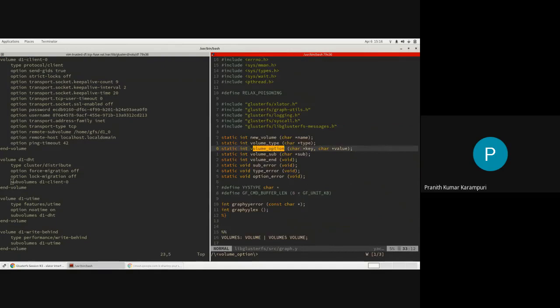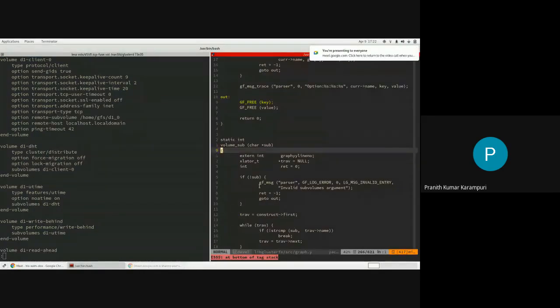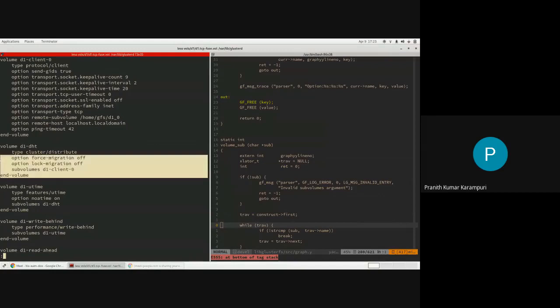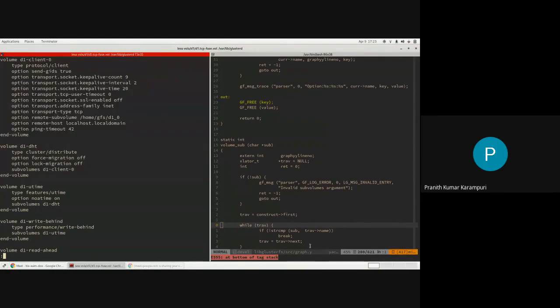Then let's look at the subvolumes thing. That is actually interesting. Volume sub actually figures out who is the parent and who is the child. In this case, DHT is the parent and the client is the child, based on the names of the translators. It traverses the list of translators already scanned and sees what subvolumes are already there, which can be marked as children.